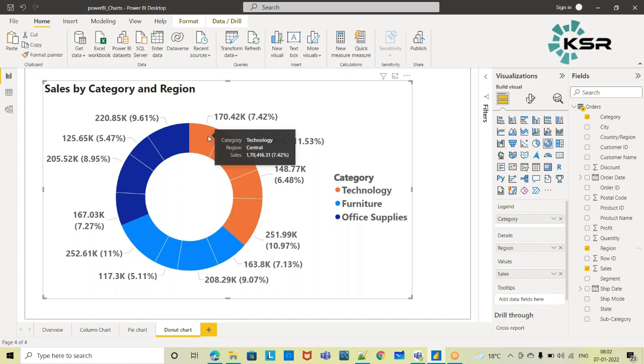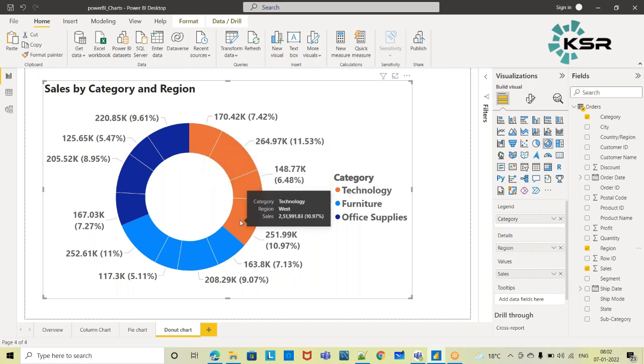So again, the same issue we are facing, means when we are dividing, right? This percentage of sales is happening with respect to overall, means 100. When you sum all these percentages, right, it will contribute to 100%, but that is not something we want. With respect to category, region wise, how it is distributed, means when I have to sum the values here, right, with respect to technology, this is technology central region, this is technology east region, technology south, and technology west.